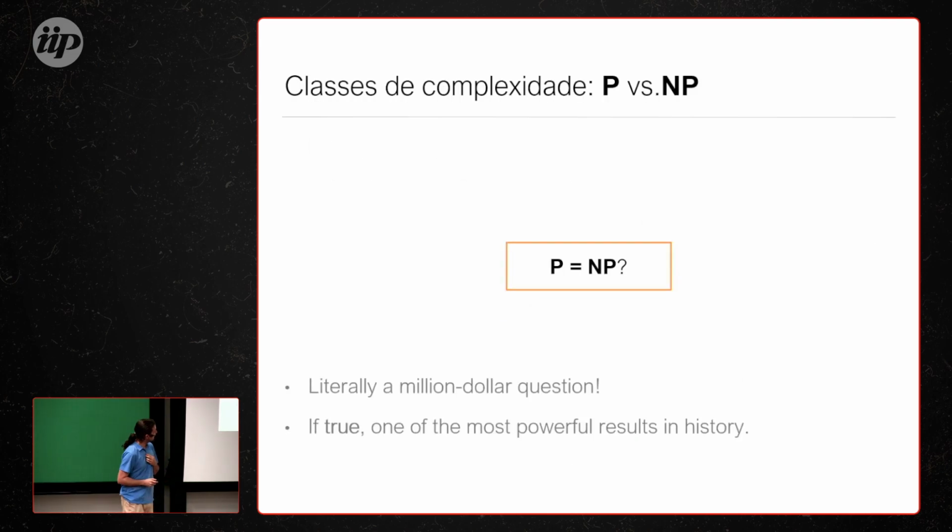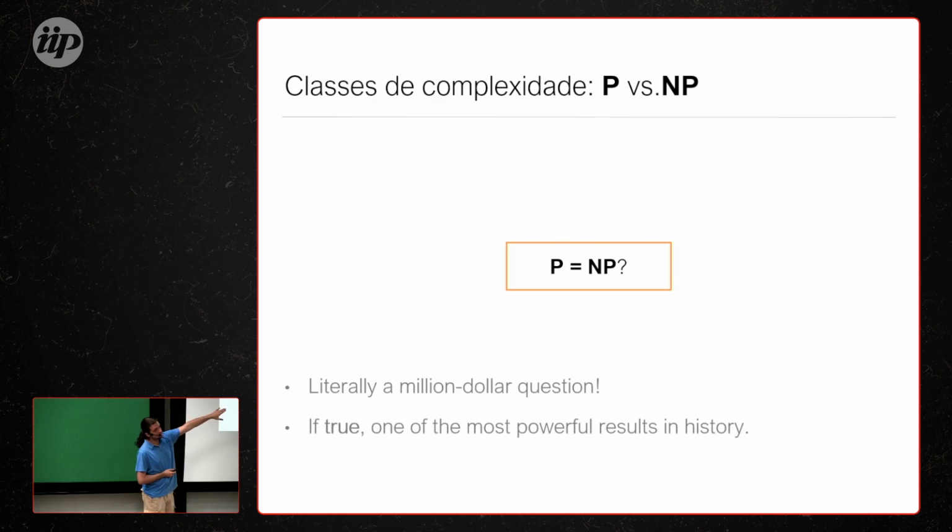And the thing is, there are thousands of problems of this type. One very important, very central question is whether these two things that I've described are actually different. That we have not been able to prove. This is one of the most important open problems in mathematics. It's literally a $1 million question, because it's one of the Millennium Problems from the Clay Institute, and it's really worth $1 million. It's just deciding whether there actually exist problems of this type that need an exponential effort to solve, that cannot be solved in P.